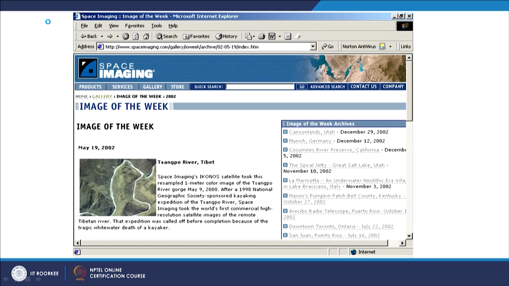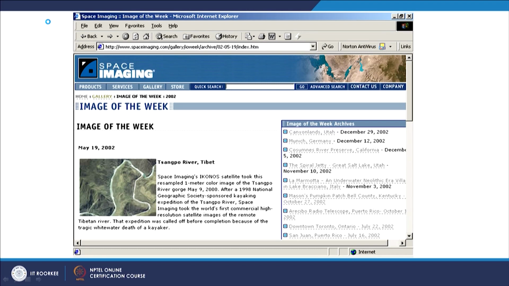Now, I downloaded this image from the website of the space imaging company which launched this satellite, IKONOS. On their website also, they have rotated the image without mentioning it in the caption.